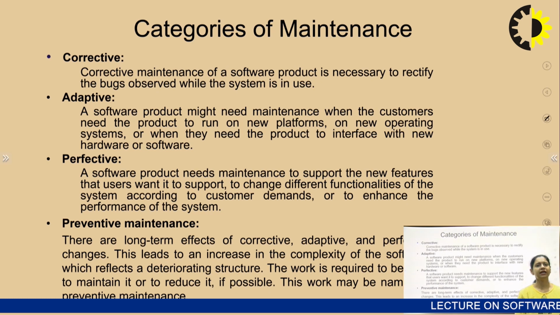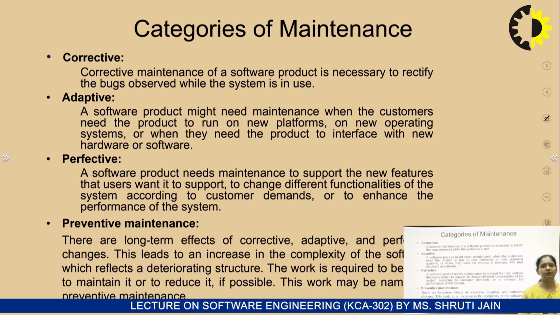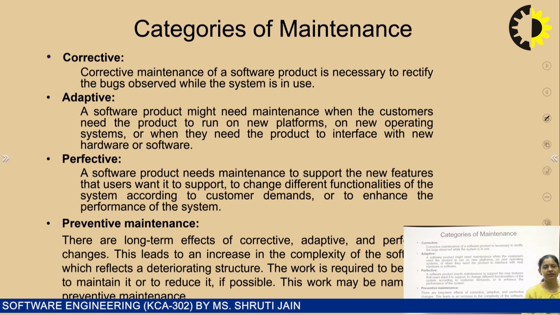Now we have different categories of maintenance. The first category of maintenance is corrective maintenance. Corrective maintenance is to rectify the bugs that have been encountered while the system was in use. So whenever we are making the corrections into the software to remove the bugs or to remove the errors,